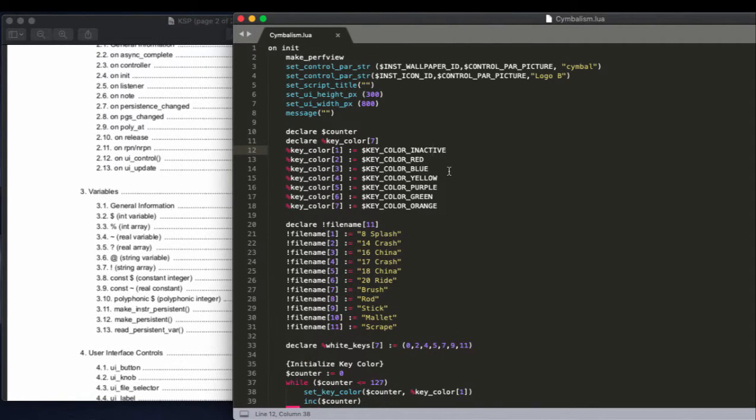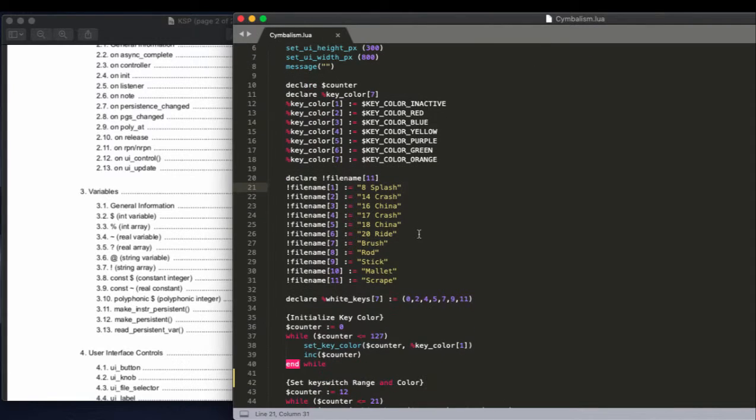So that way I could just call on the key color variable, or array, I guess, rather than entering the key color each time I used it. Not to mention, if I want to change it, I can just change it in one place. I used